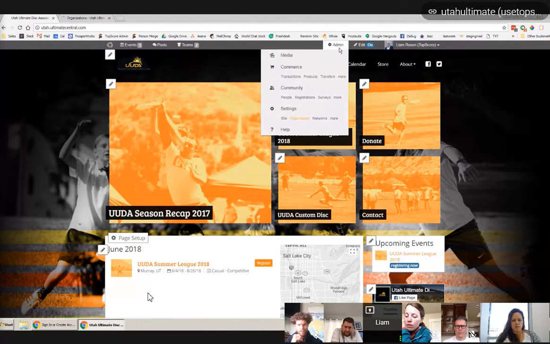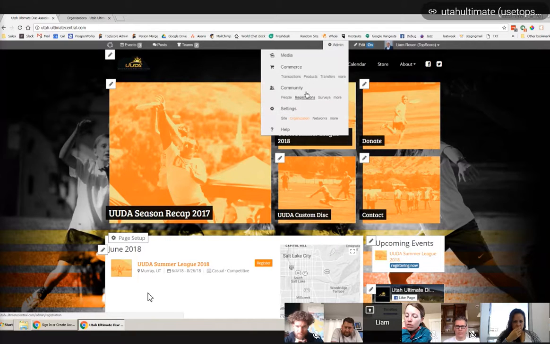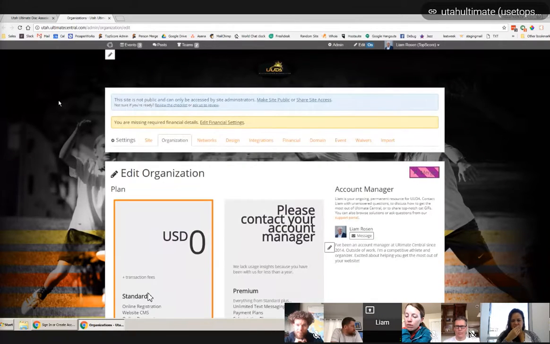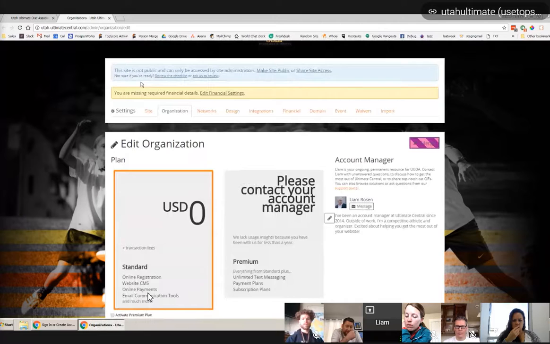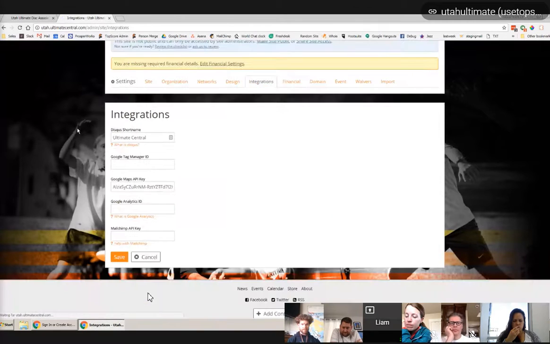Yeah, so that's built in. So in here, if you're an admin, you'll see this admin menu, and that's where some of the site administration menus are located. If you go into site under admin and then go to integrations, you'll see that we integrate directly with Google Analytics. So you just put your ID in there, and then you can track